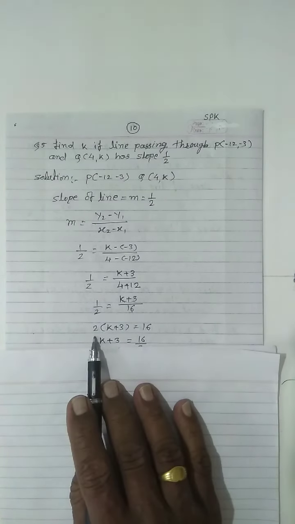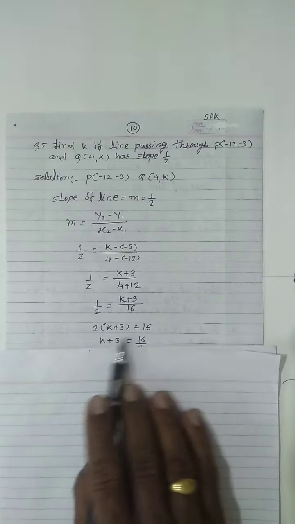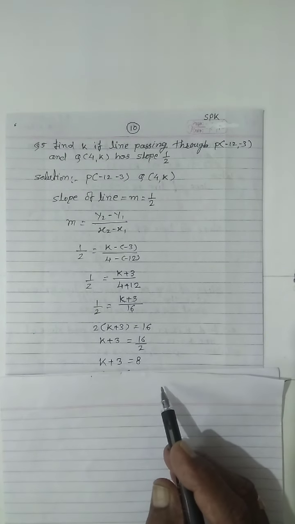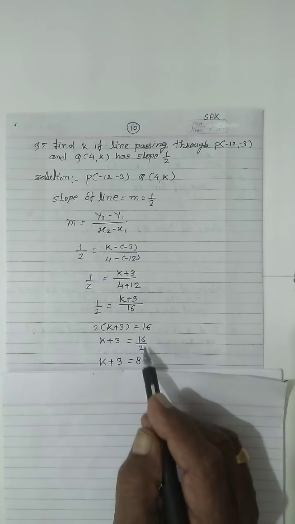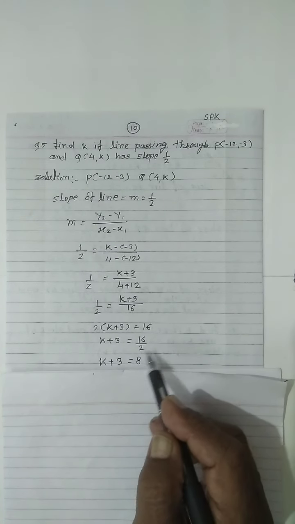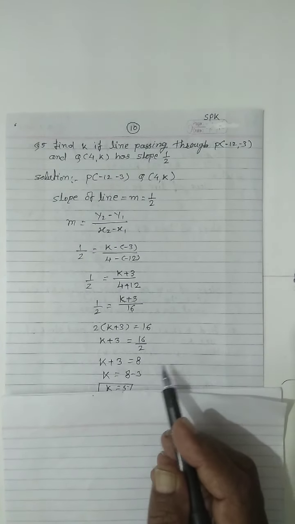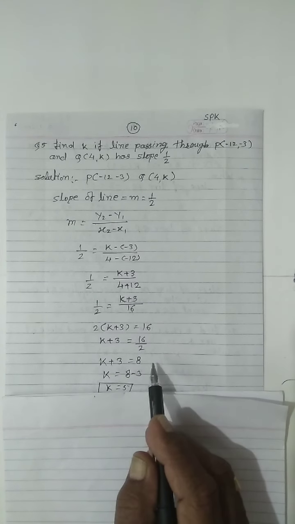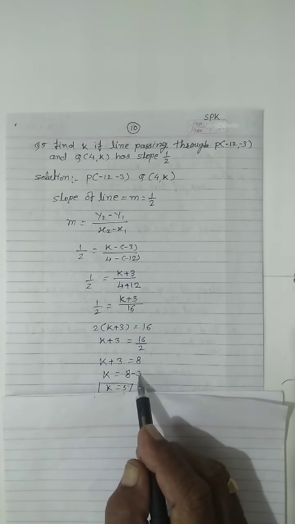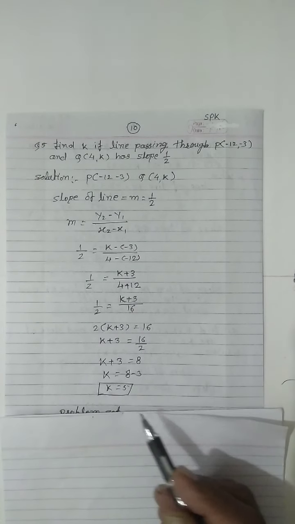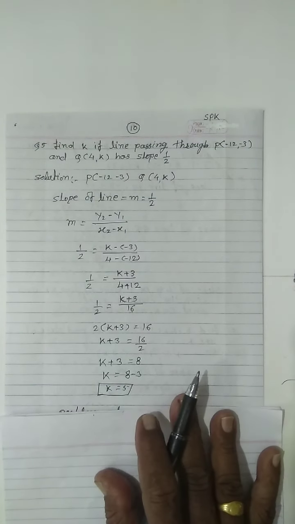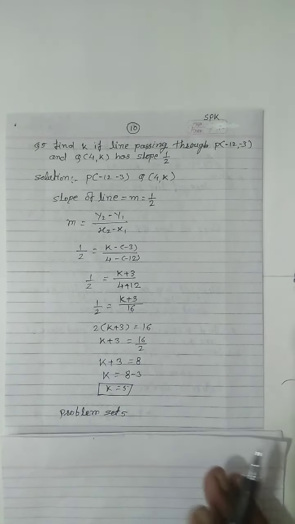Now this 2 again goes to the right side and divides the 16. So k plus 3 equal to 16 divided by 2, that is k plus 3 equal to 8. Then this 3 goes to the right side and changes its sign to minus. Then 8 minus 3 means k equal to 5. In this way we find out the value of k. Again we see the